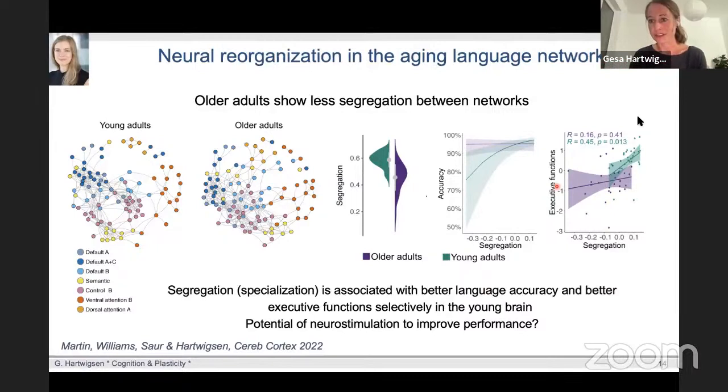Yeah. Stephanie? Yeah, so I may have missed it, but you separate them into older and young adults. And I was wondering if you know what the cutoff is, when does the brain change? Yeah, that is a super interesting and cool question. So what we did here was young subjects are the typical students, so 18 to 35, and old subjects are older than 65, I think we had 65 to 80 here, if I remember correctly.